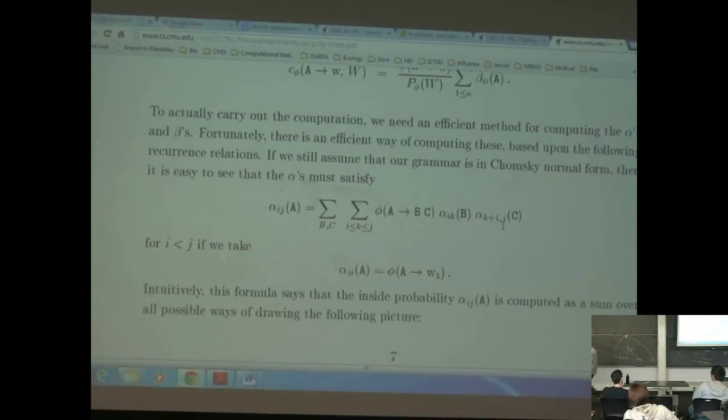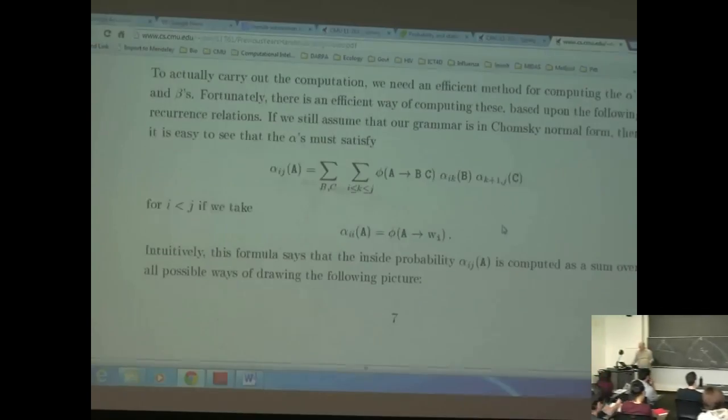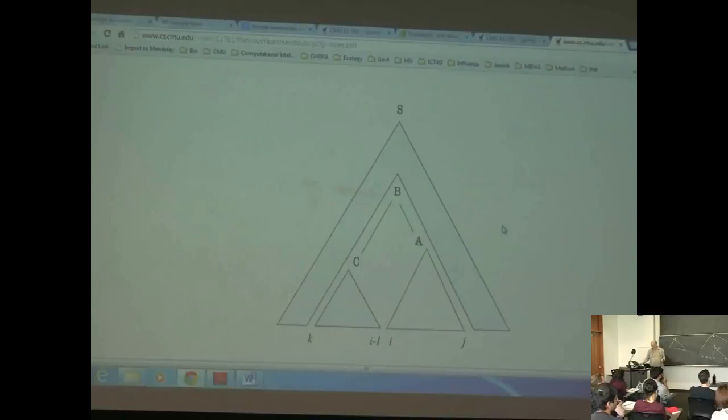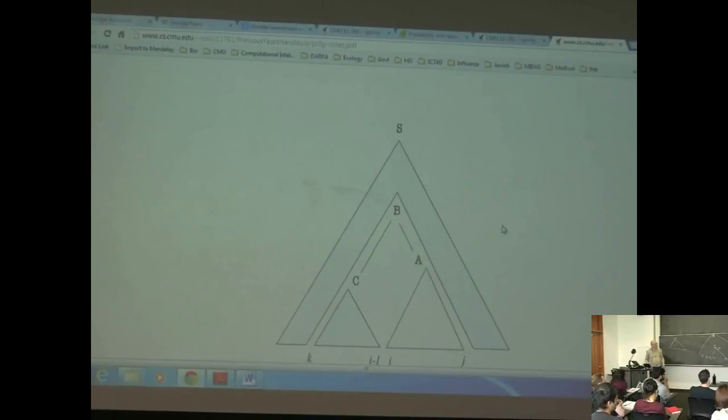What about the betas? Here's a picture of beta. The shaded area,